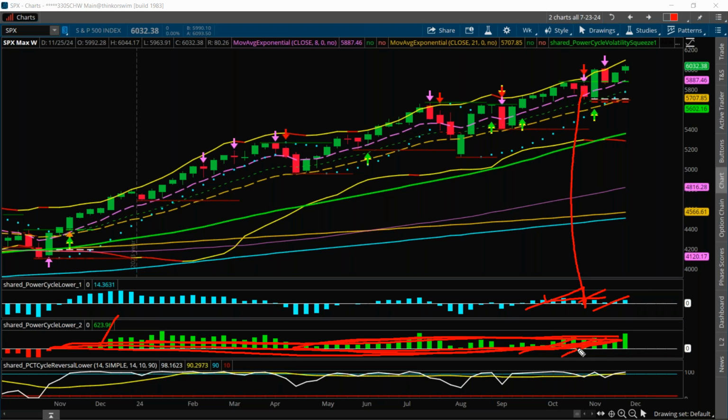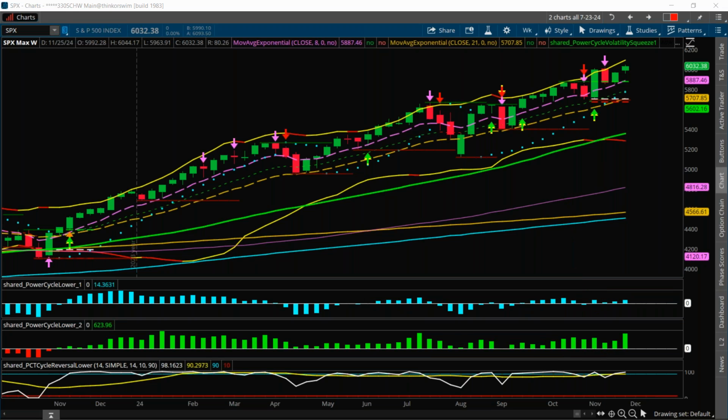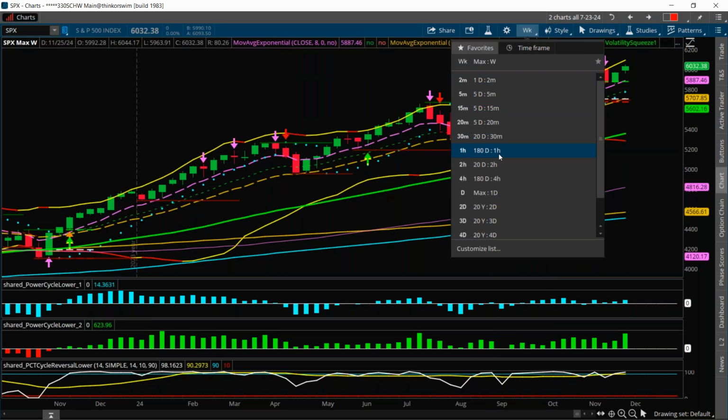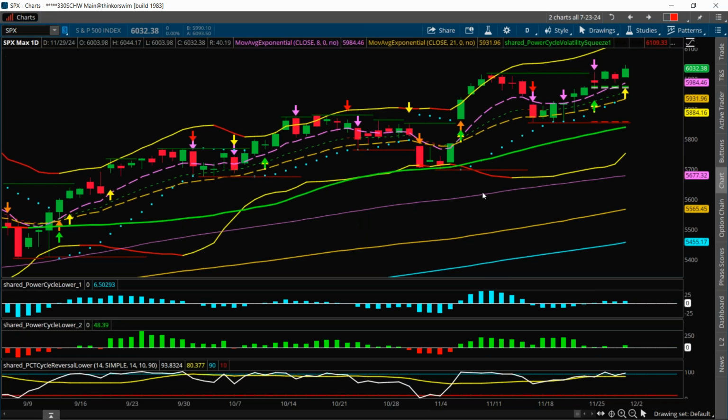You can see the ebbs and flows, but the major long-term trend measured by momentum is still very strong to the upside. So you look to buy the pullbacks and stay with the general trend. Then we flip it down to the daily, which is kind of the medium term,